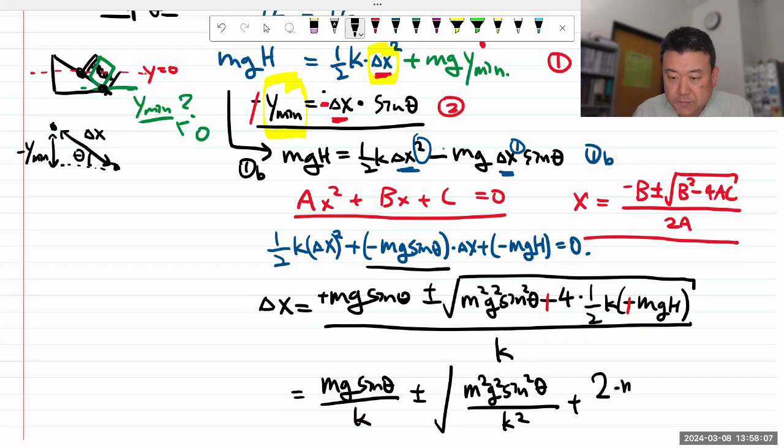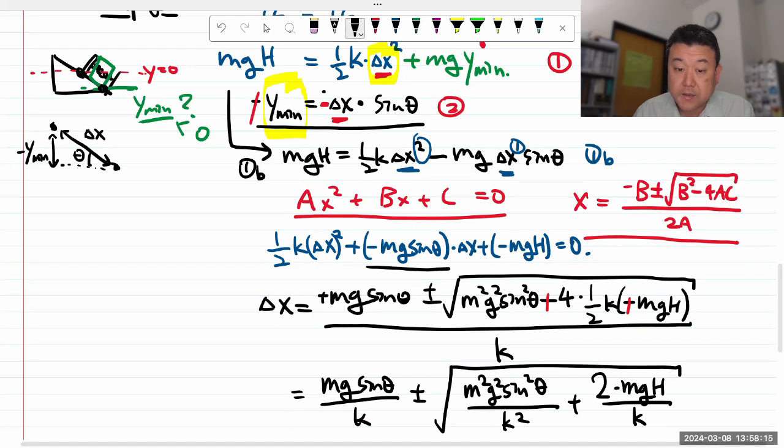With 2 times mgh over k, one factor of k having cancelled out. So I think as you look at it, you can figure out which of the two signs it should be. Should it be plus or should it be minus? And I think as you look at it carefully, I hope you will see that